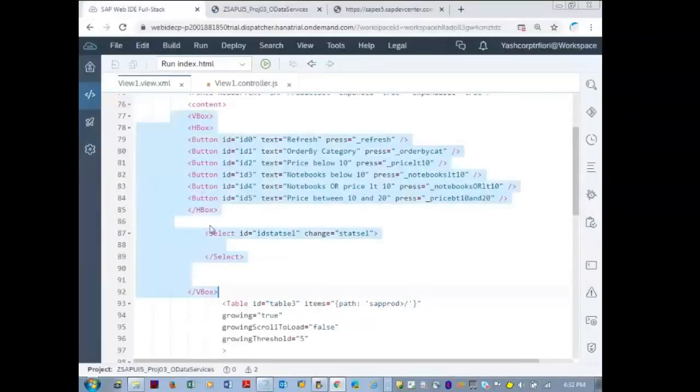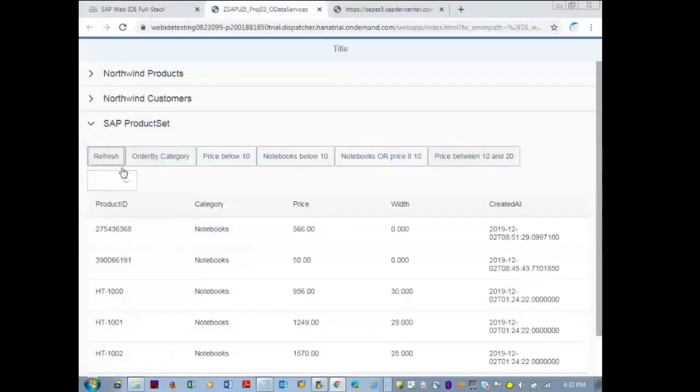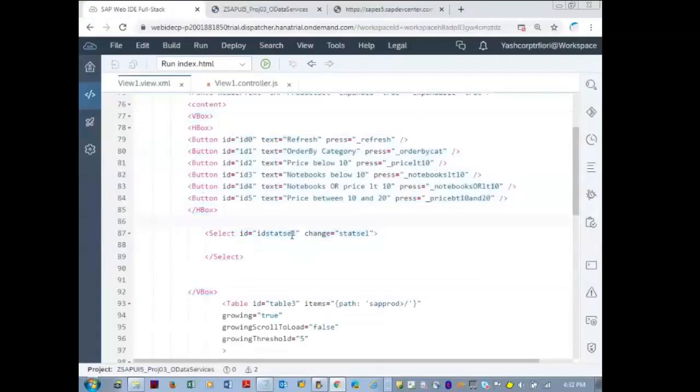I'm using a vertical box for all this; these are in a vertical fashion, a vertical layout. Okay, so the select control.